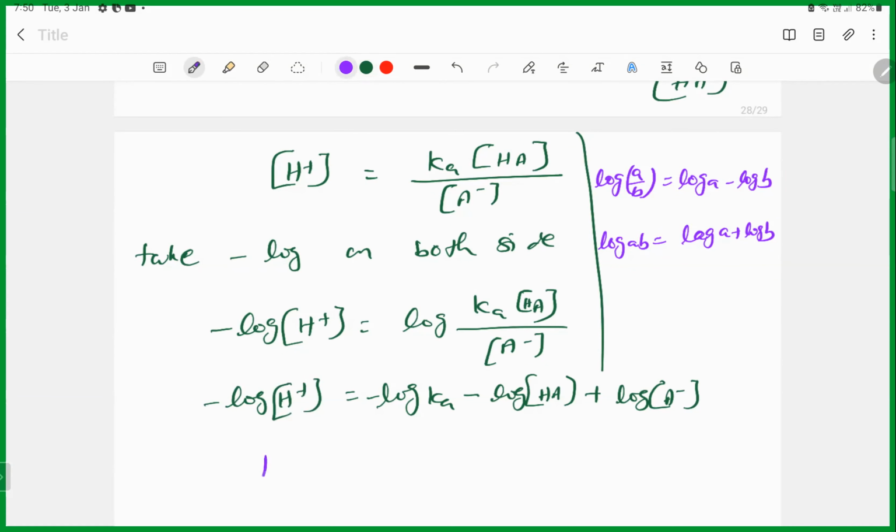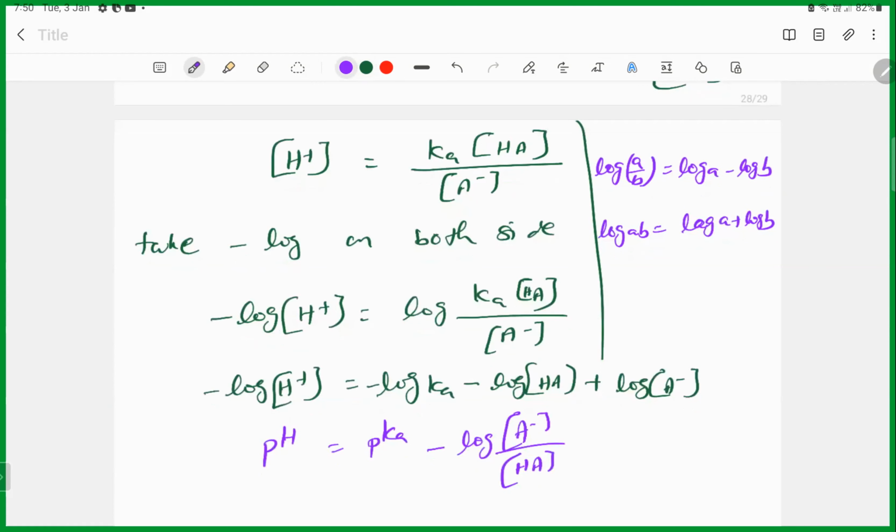Then minus log Ka becomes the pKa. So now what can we do? Minus log of A minus divided by HA. What is HA? Acid. What is A minus? Salt. So pKa minus